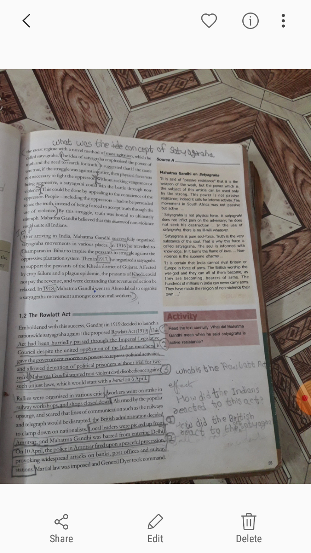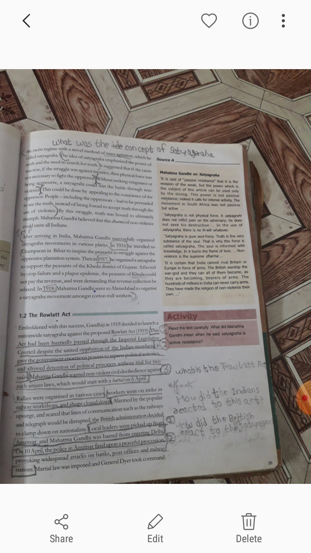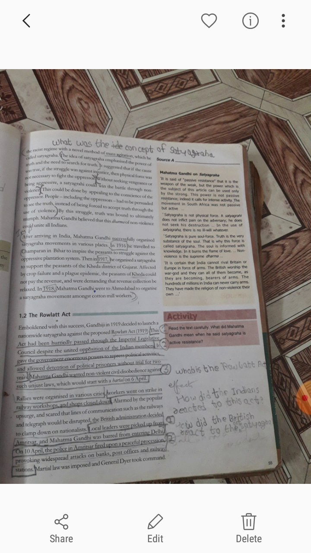Now, it suggested that if the cause was true, if the struggle was against injustice, then physical force was not necessary to fight the oppressor. Because Mahatma Gandhi's two weapons were truth and non-violence. Now, without seeking any vengeance or aggressiveness, he said that we are going to win the